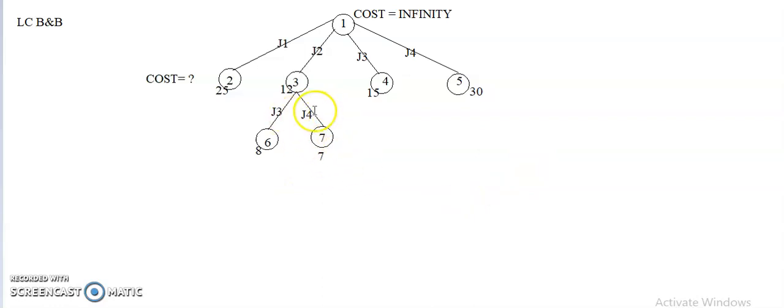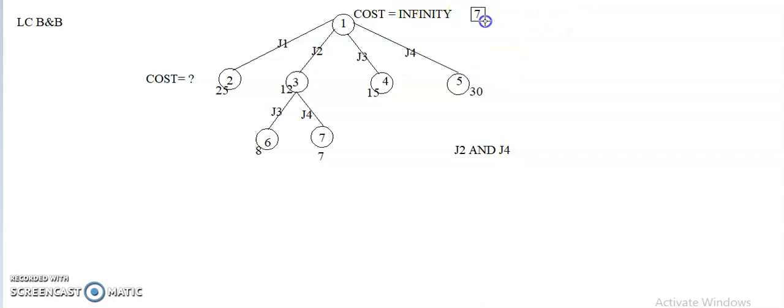If the least cost I have obtained is 7, I can't explore further, so I need to stop at this particular moment. I am going to say that only job 2 and job number 4 are selected and scheduled, and these 2 jobs are responsible for execution, because only job 2 and job 4 are executed with the cost 7. Initially my cost was infinity. So now the total cost of the particular problem is equal to 7. In this way I am going to obtain the solution.